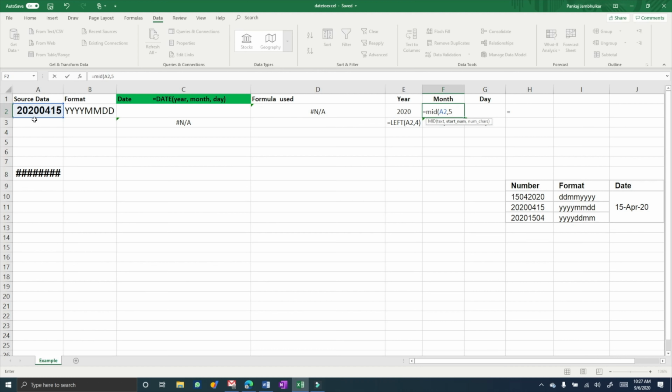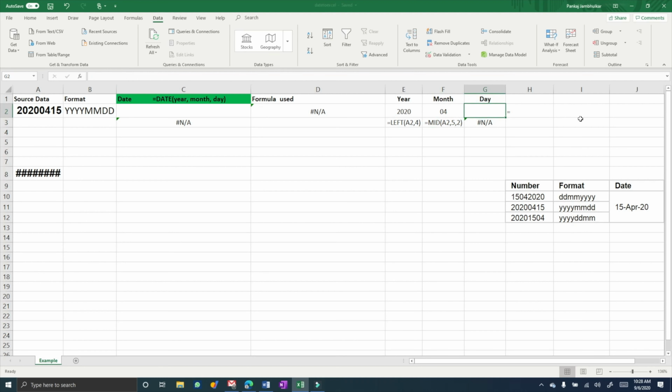I'm giving the middle value from the 5th character, and then you have to mention how many characters to select. I know the month has only 2 digits, 0 and 4. The 5 tells the system to take 2 values from the 5th, so it takes the 5th and 6th automatically. If sometimes in your example you have the year in between, then you have to say 4 in that case. If you have any confusion, you can write in the comments and I can explain. Then I close it. So I got 4 for the month, and you can see the formula at the bottom.